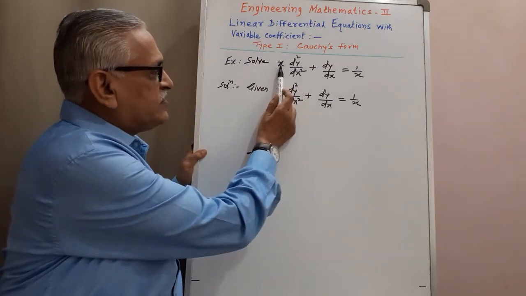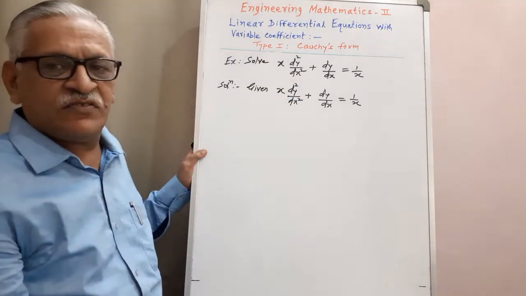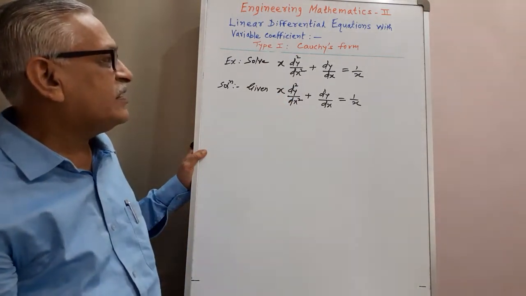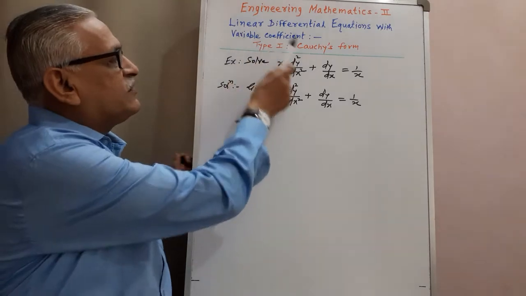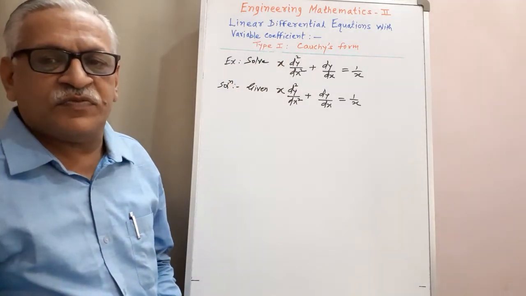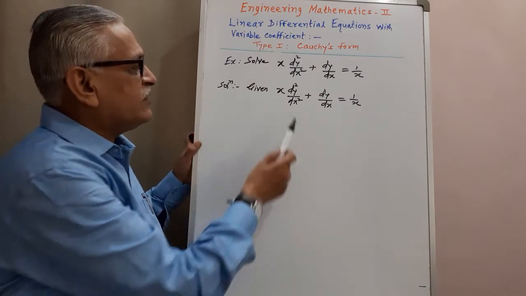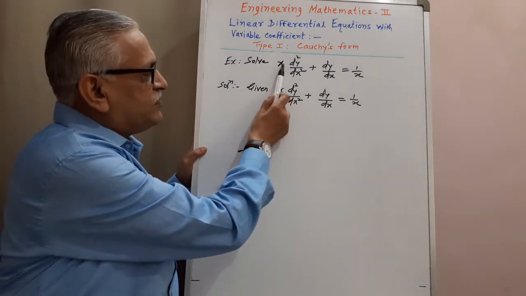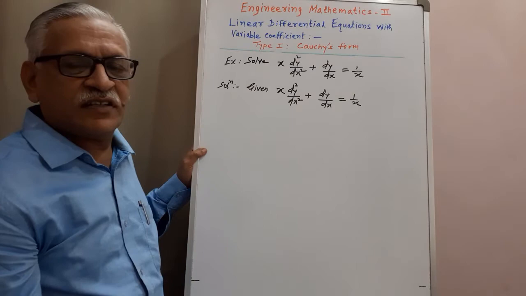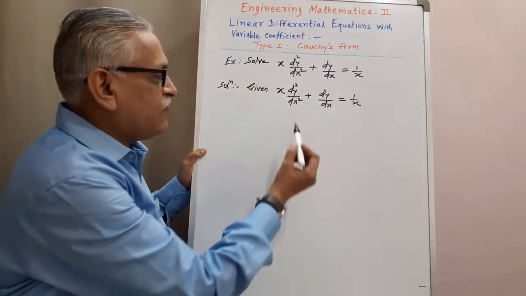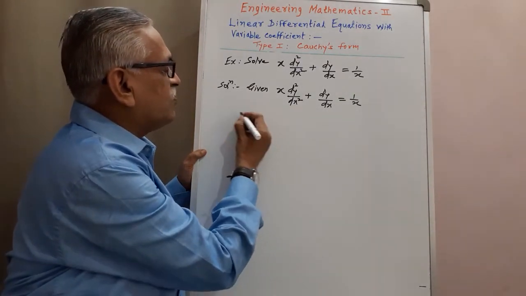The coefficient here is x, which is a variable coefficient, and that's why it is a linear differential equation with variable coefficient. It is in Cauchy's form, but for that we have to make the power of this term x square, then only we get Cauchy's form. Therefore, multiplying by x throughout,